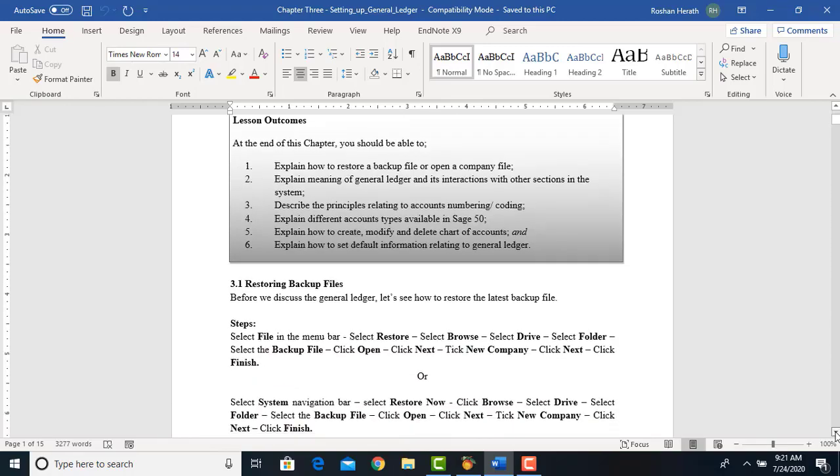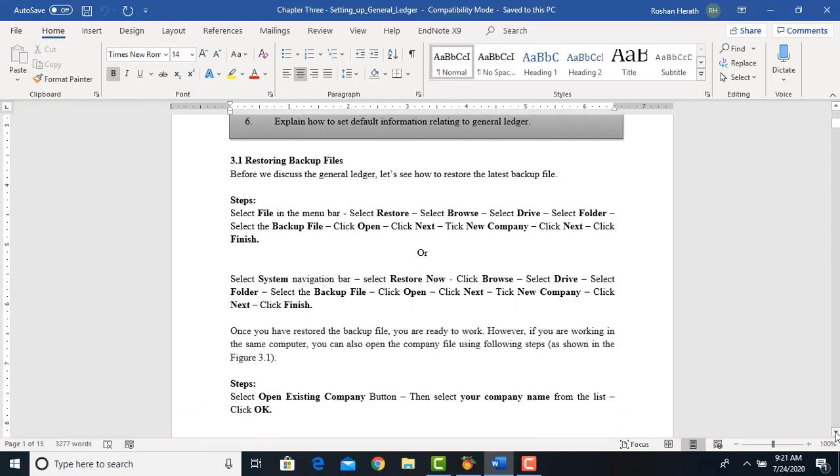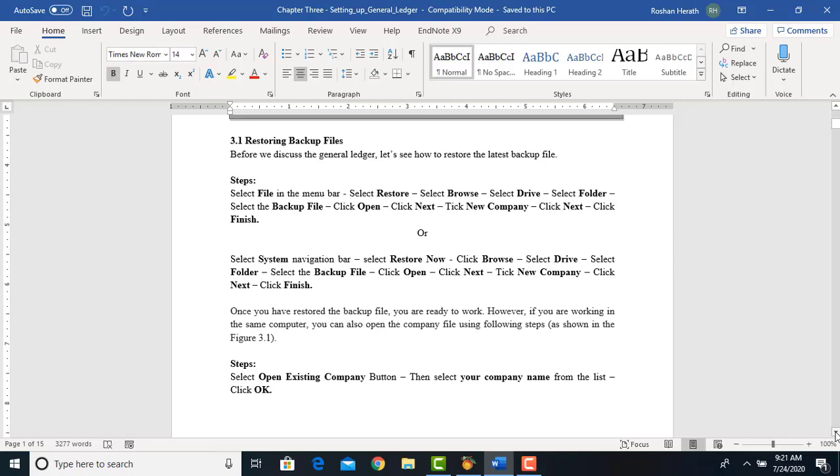Now we'll move on to the lecture. Here, first we are going to see how to restore your backup file. The path is very clearly given. There are different ways of restoring the backup file. In the first method, you have to go to File in the menu bar, then go to Restore, then you can browse, select the destination, and then you can say